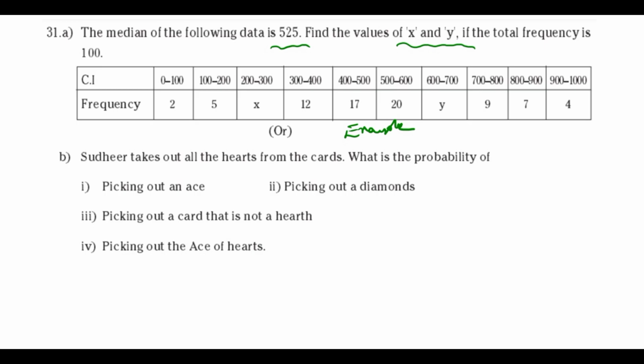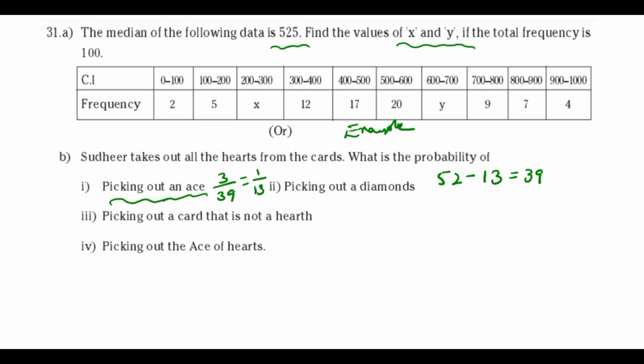Okay, next question. Here we take out all the cards from the pack of cards. In total there are 52 cards, right? From the 52 cards, if you remove the heart cards, how many heart cards are there? There are a total of 13 heart cards. If you remove these, you find only 39 cards, right? Now picking out an ace card. How many ace cards are there? Already the heart cards are removed, so one ace is removed from that. Remaining we have 3 ace cards now. 3 by 39. By cancelling you will get 1 by 13.